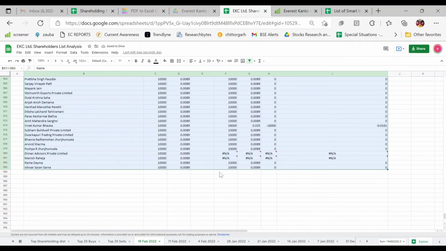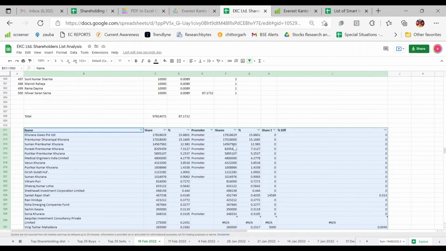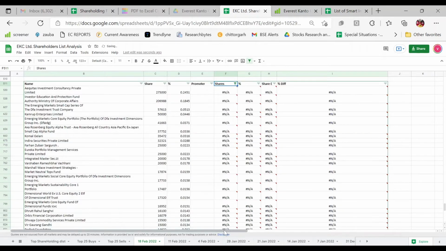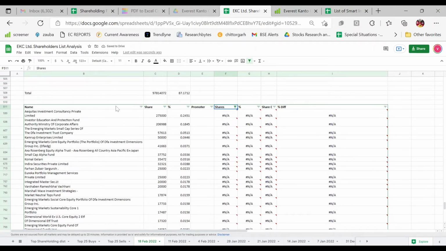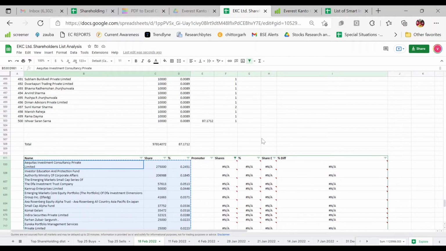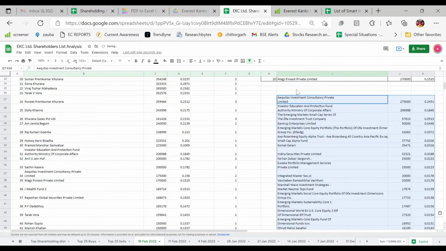Now I'll put a filter. Be sure the filter extends below till the end. Now I'll go over the shares and clear all the values. I'll go below and select the N/A names, the names which the formula was not able to find in our last list. I'll copy this, bring them up here, and paste special. It's my habit, so it will be better for you to also keep this habit. These are the names the formula was not able to find in our last list.